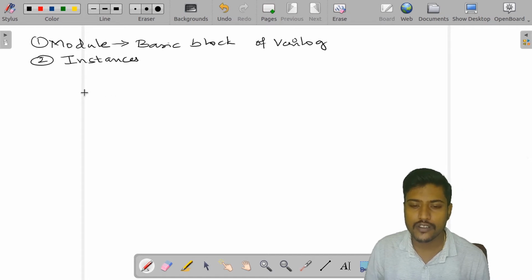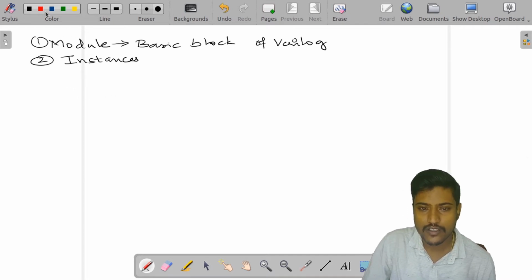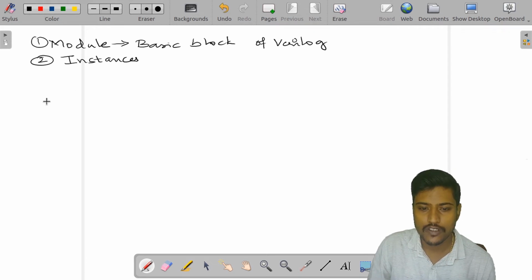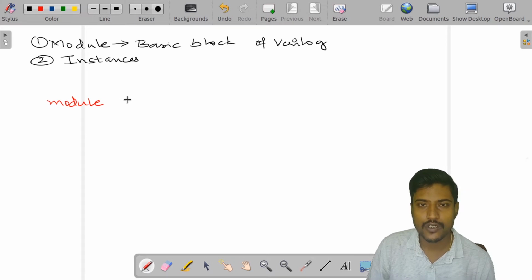Now if you look at the syntax, any program starts with the keyword module, and we need to give some name for this particular module. So once you have written module, next we need to write the module name.